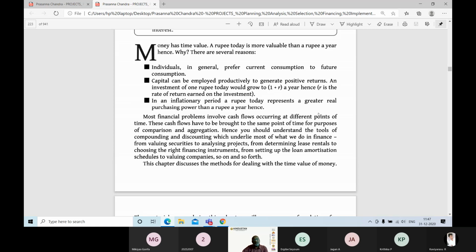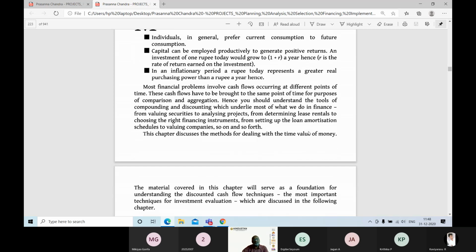Rate of return earned on the investment. In an inflationary period, a rupee today represents a greater purchasing power than a rupee a year later. Hence, most financial problems involve cash flows occurring at different points of time. These cash flows have to be brought to the same point of time for the purpose of comparison, because the cash flow here in the contract itself,